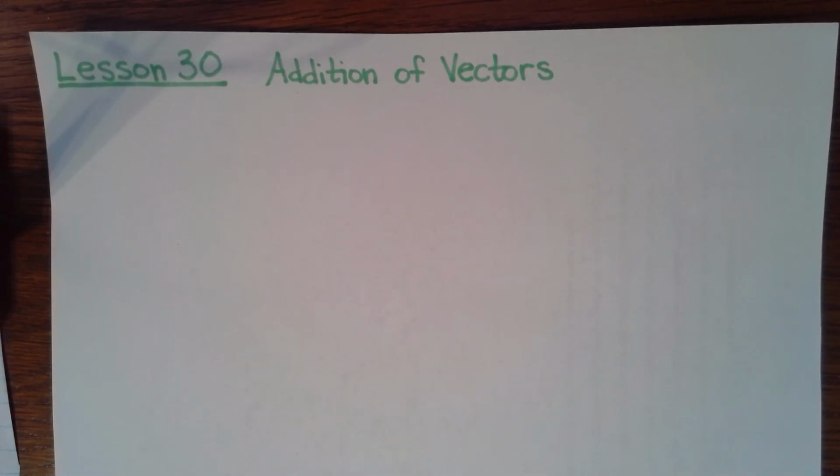In lesson 30, we're going to talk about addition of vectors, and so this will bring in some of the things that we've done before with converting between polar form and rectangular form. So let's quickly, if you maybe remember back from geometry, we kind of talked about vectors and